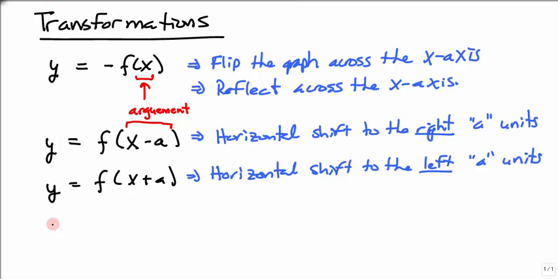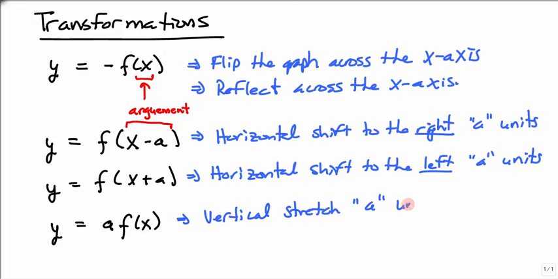Okay, we go back to our parent graph, and let's go ahead and look to see what happens if we have, let's say, a 4 out front. And I guess I don't want to be specific. Let's just say we have an a out front. So if you notice, it's not inside the argument, it's on the outside of the argument. And what this is, is a vertical stretch,